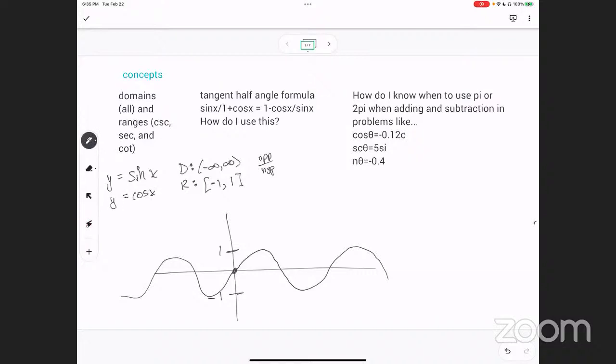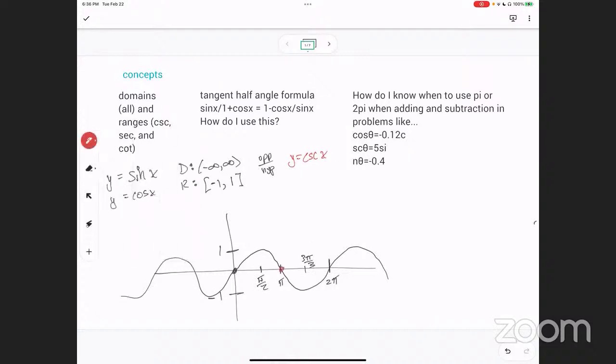Now, how about for tangent? The tangent function, I'm going to graph this on the same graph here. Actually, let me do the cosecant first. The cosecant function is the reciprocal of the sine function. So here's 2 pi, here's pi over 2, here's 3 pi over 2, right? So anywhere the sine is equal to 0,